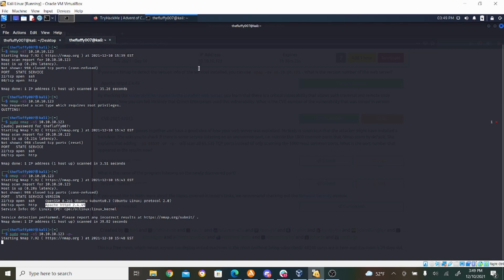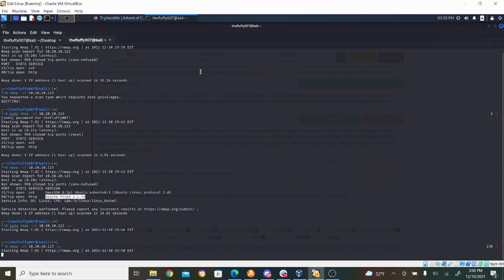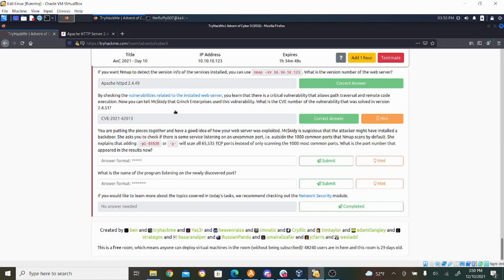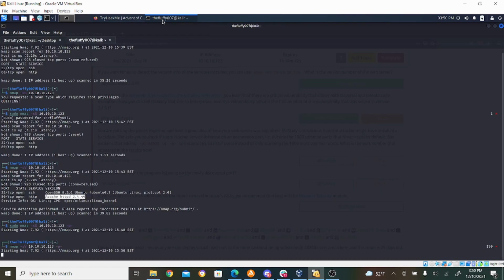And so we're waiting for this. It's going to take a while because we're looking for all 65,535 ports. You know what? I'm going to stop this scan and do it with the version scan, because I'm looking at the next question, which asks what is the name of the program listening on the newly discovered port? So we might need the version. So let me just